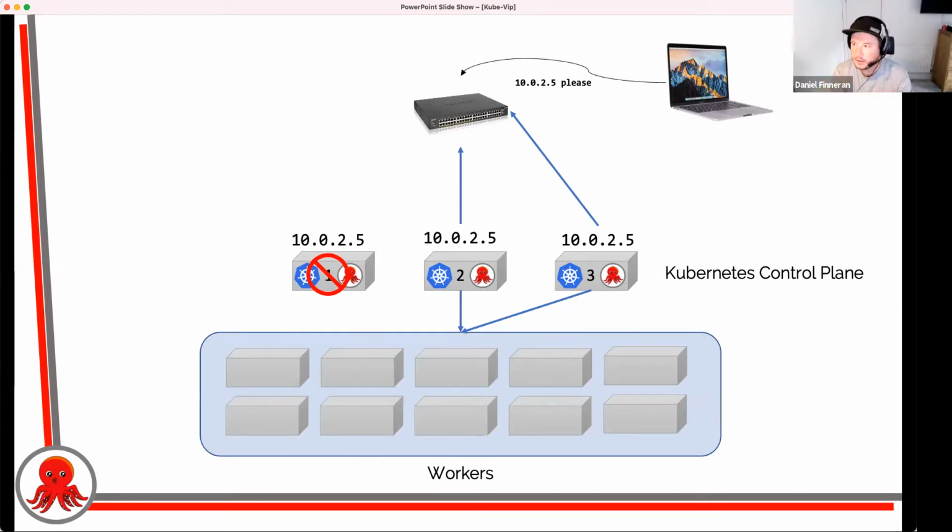The one thing that does need to be unique is the server ID of the BGP client. So the way that we do that is, in the static pod or the daemon set manifest, we can specify a bit of information in the Kube-Vip manifest where it will look up the IP address on an interface and use that as the unique ID in order to peer.